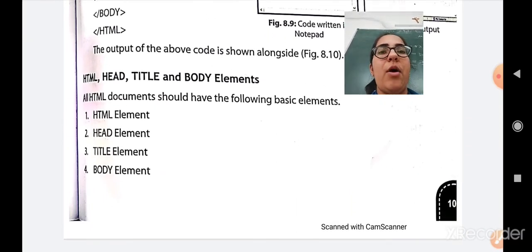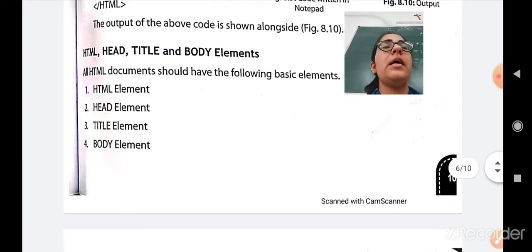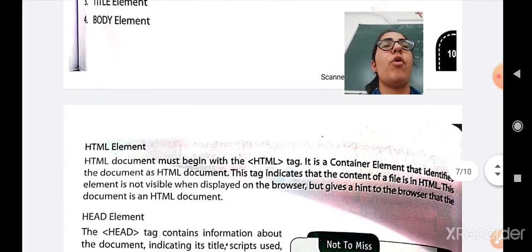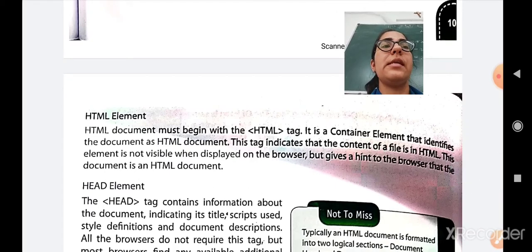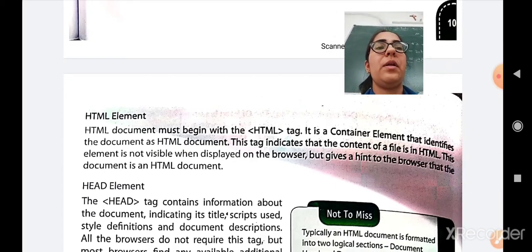Now let us study the HTML head, title and body elements. An HTML document should have the basic elements. First is the HTML element, then second is the head element, third is the title element, and fourth is the body element. So first let us see about the HTML element. An HTML document must begin with the HTML tag. It is a container element. Why? Because it also has the closing tag, that identifies the document as an HTML document.